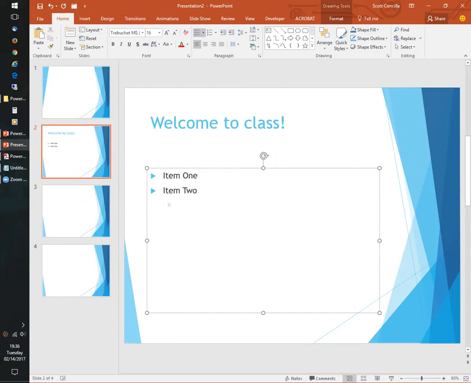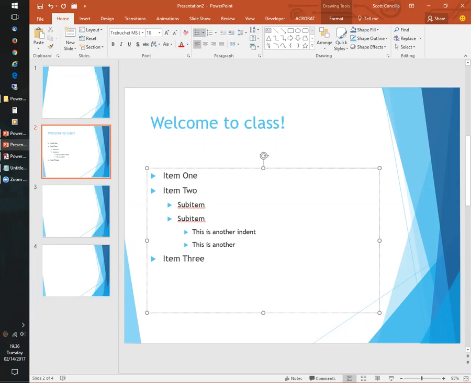I can do my bulleted list. By the way, the quick way to indent your bulleted lists is to just press the tab key. So this is a sub item. If I need to indent even more, this is another indent. This is another. If you want to go back up, just press Shift Tab. So there are some keyboard shortcuts to keep your hands on the keyboard. If you just need to indent, just press Tab. To outdent or go back out, press Shift Tab as you are creating your slide, or as you're typing your text.